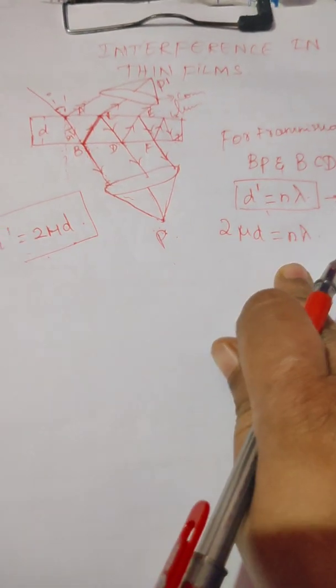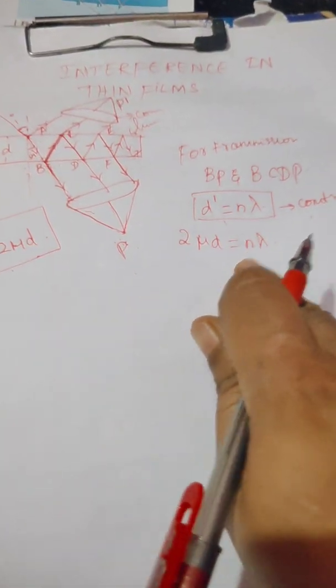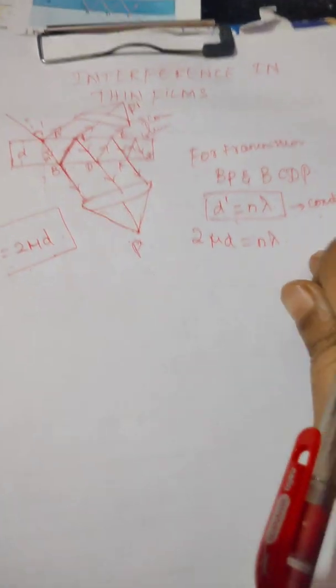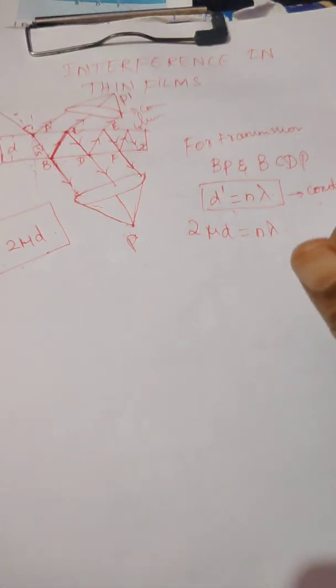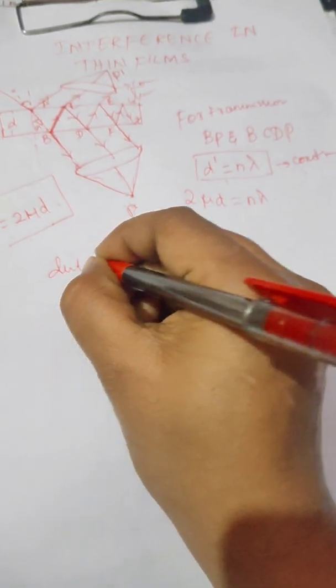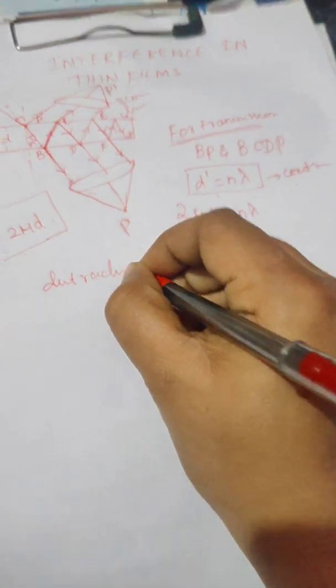So this is for constructive interference. Constructive interference in the sense we will have the 0, pi, 2 pi, 4 pi, like that. So here we have the path difference like this. When I take the destructive, this is for the case of transmission; we haven't reached the topic of reflection yet. This is only for the transmission. So here I have destructive